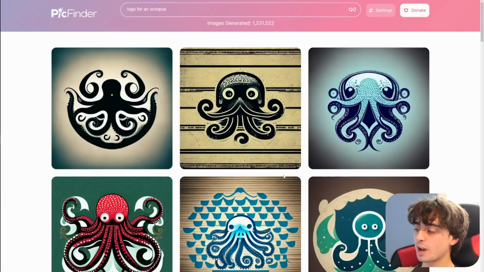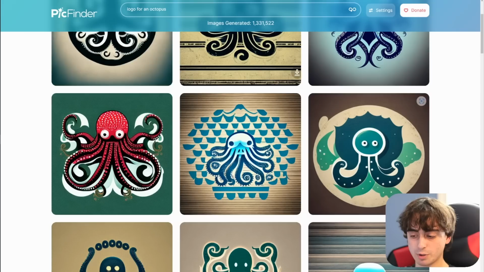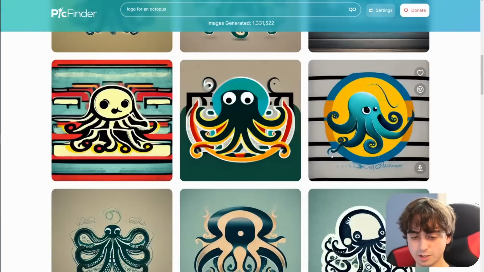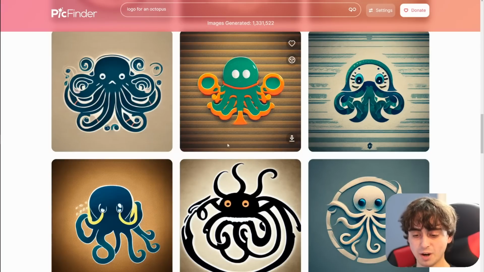I hope more AI companies like PickFinder engage in this. I'd love to see a blazing fast Midjourney model that just rips and generates images extremely quickly, so you could just get all kinds of ideas thrown out at you. This is just a creative tool. At the end of the day, it just helps you engage with the creativity of the model and get new ideas for